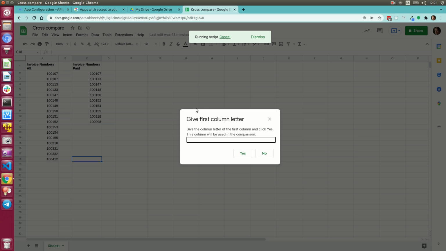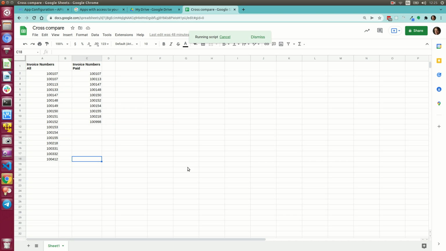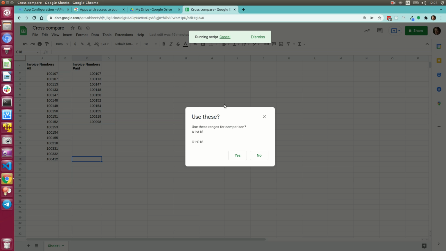So it first asks for the first column that will be used in the comparison. So I write the letter A because that's the first column I want to use. I click on yes, and then it asks for the second column. So this is column C that I want to use as the second column in the comparison. So I write here C, I click on yes, and then it finally has detected the two columns. I click on yes,